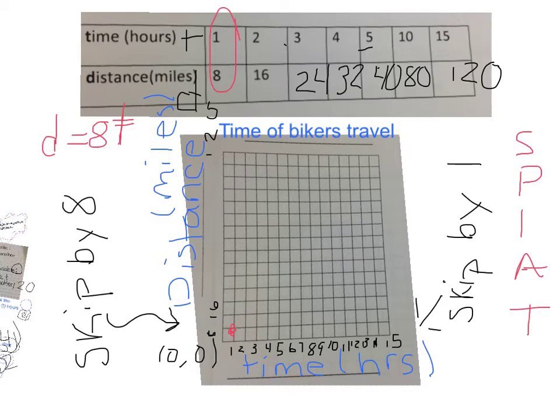All right, so now I need to go 2, 16, and 3, 24, 4, 32, 5, 40, and 6, 80. I meant to say 10, 80, and then lastly we need to go time, which is 15, and then distance, which is 120. I now need to connect my lines,